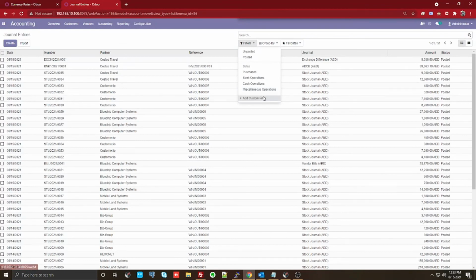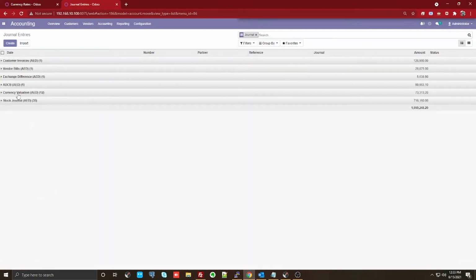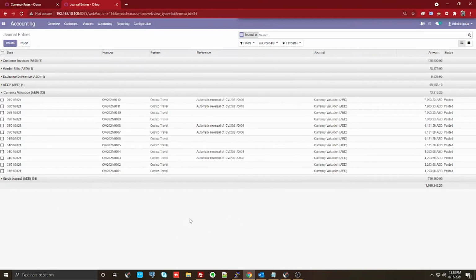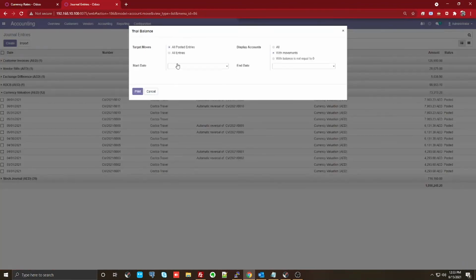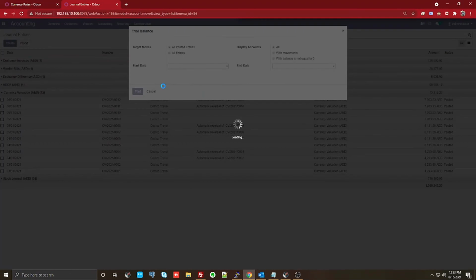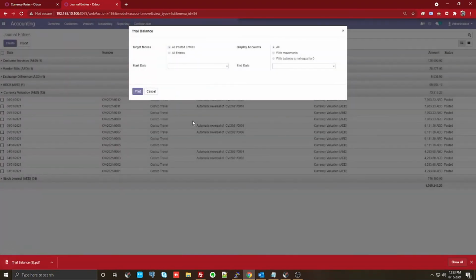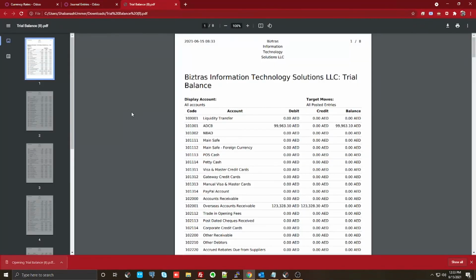So let me just go ahead and group it for easy understanding. You can see the currency valuations. So you can see that exactly the currency valuations keep on happening on your system, and it keeps updating on a monthly basis. Now the same thing, you could actually step into your TB and you can see the changes, and I don't think anybody would have any question on that part of it. But that's the nutshell of the two different scenarios.